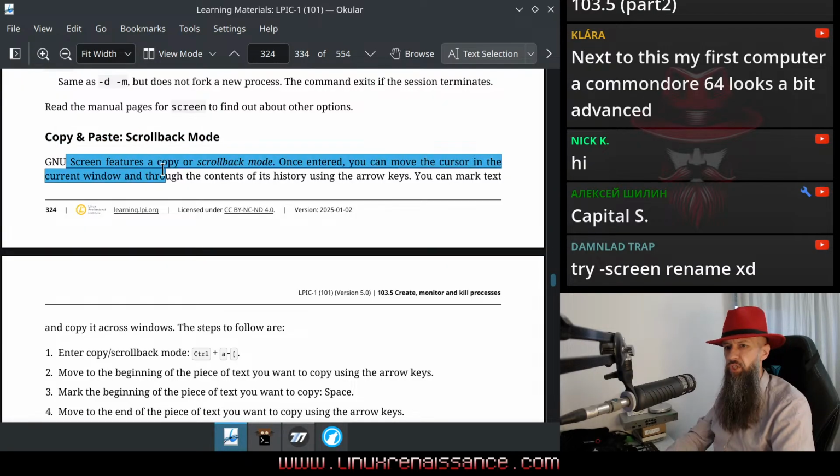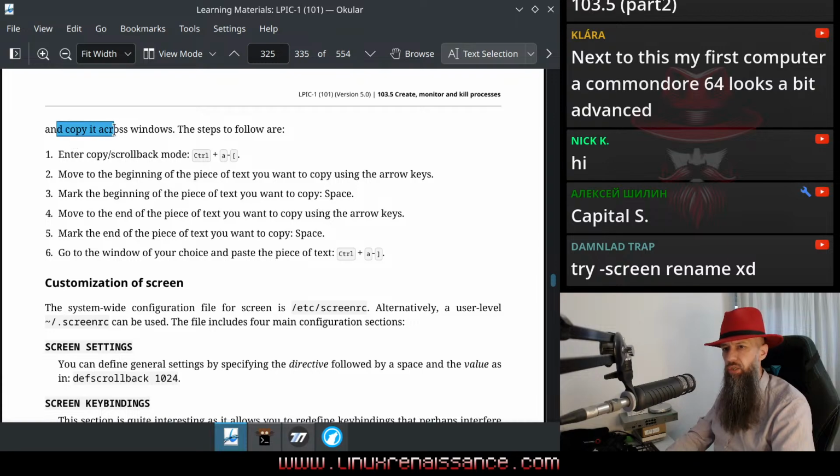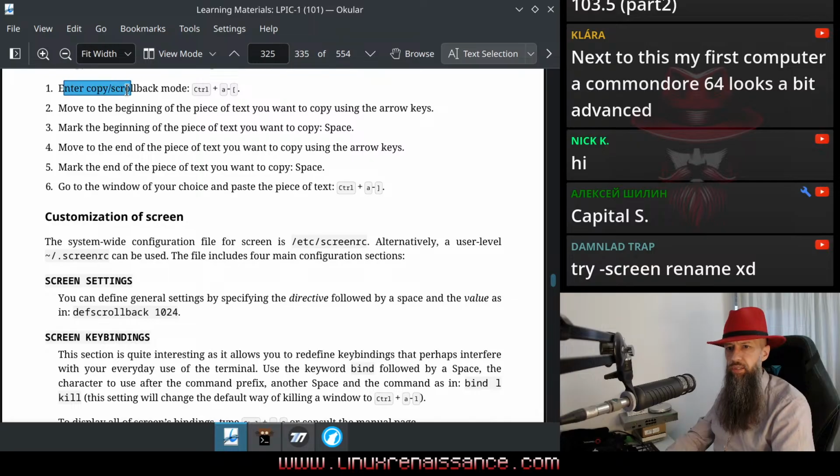Copy, paste and scrollback mode. GNU Screen features a copy or scrollback mode. Once entered, you can move the cursor in the current window and through the contents of its history using the arrow keys. You can mark text and copy it across windows. The steps to follow are: enter copy or scrollback mode with the